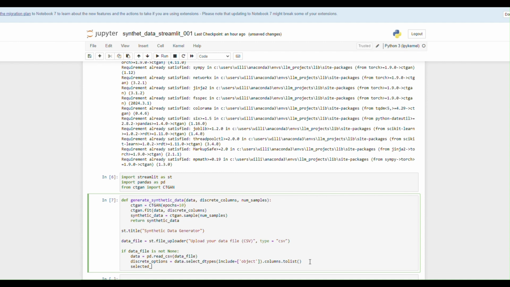Selected discrete equals st multi select, just in case there's multiple discrete columns within a data set. Select discrete columns, boom. Options equals discrete